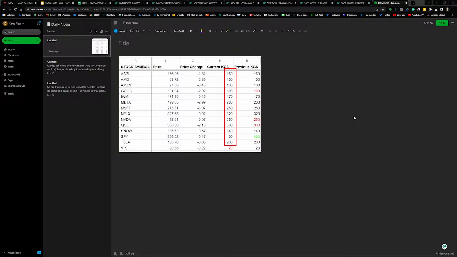I prefer to trade stocks where I have more conviction, some firm plan in place, like I talked about yesterday. I think yesterday I talked about Meta, Nvidia, and QQQ, and especially Nvidia and QQQ with a falling key gamma strike. And here that is shown. So that was my plan yesterday, and that worked out well.